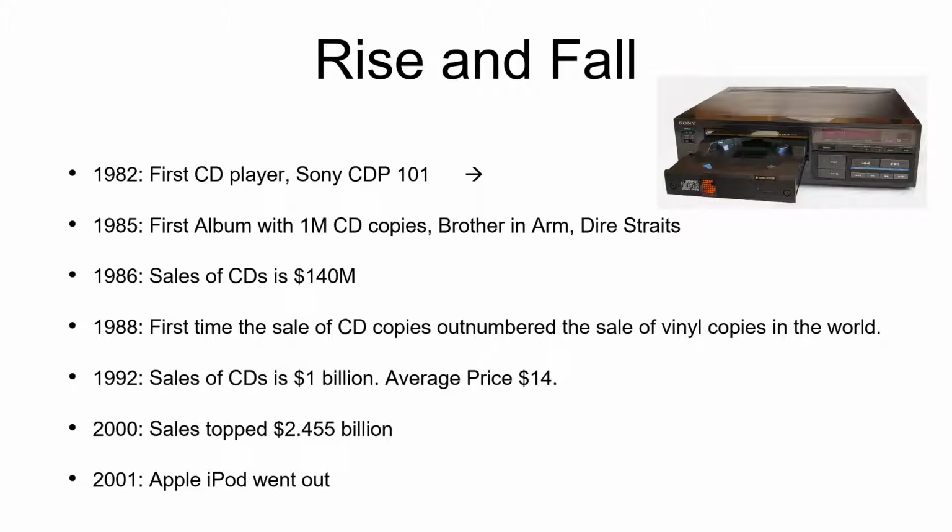Three years later, the album Brother in Arms by Dire Straits sold 1 million CD copies. In 1988, the sale of CD copies for the first time outnumbered the sale of vinyl copies. In 1992, the sale of CDs reached $1 billion and the average price was $14. In the following days, with the